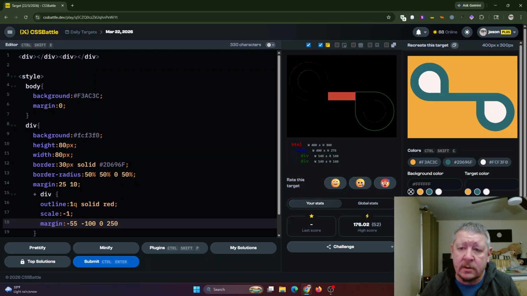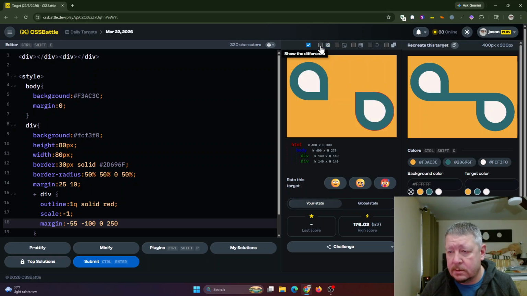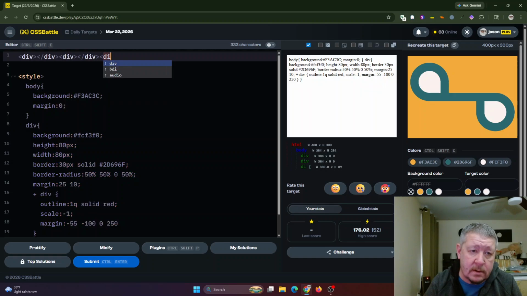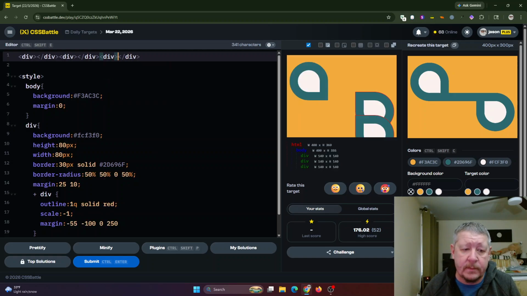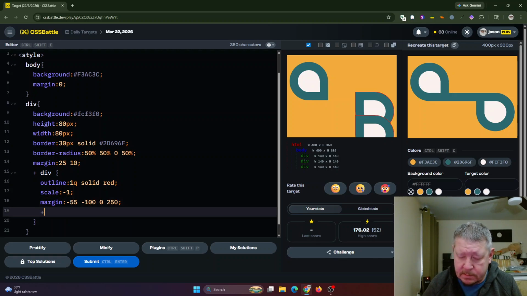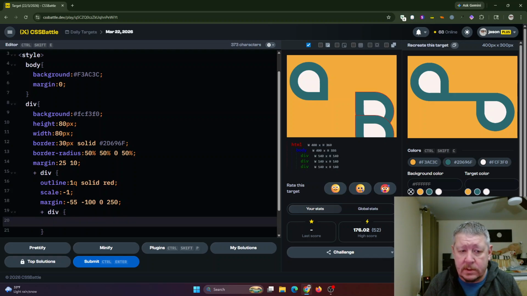That looks right. So there are the two shapes. We have one more thing that needs to go between them in the middle. What's that going to be? Well, the easiest thing to make it is a div. So we're going to put another one there. We're going to come down here. We're going to put a semicolon here. We're going to use plus div to select it. We're going to say